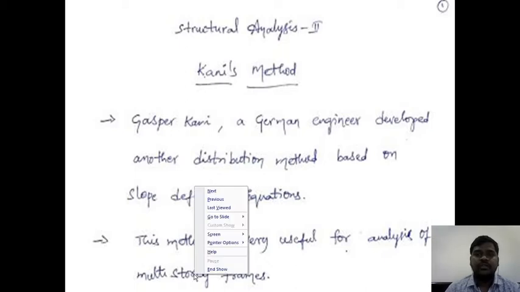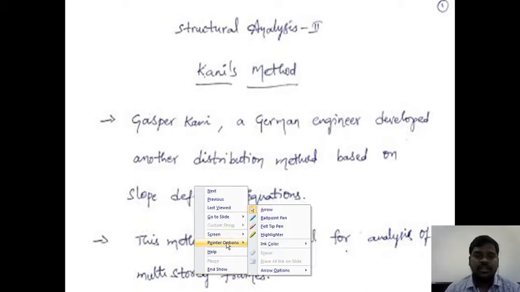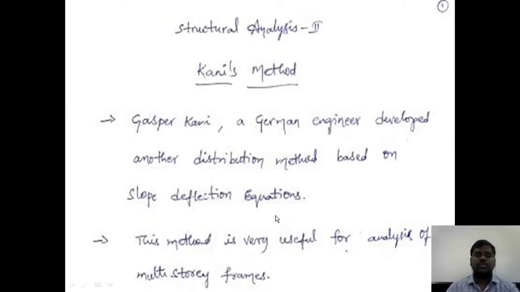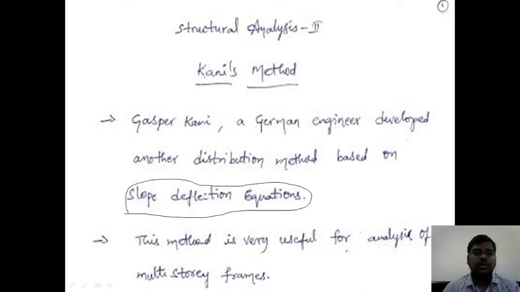So here we have slope deflection equations. So what are the slope deflection equations? These are the slope deflection equations. Those are nothing but we have to find final end moments using fixed end moments. So this has been studied in the first analysis subject in second year second semester, and also in the first unit we have done moment distribution method. There also slope deflection equations were used.